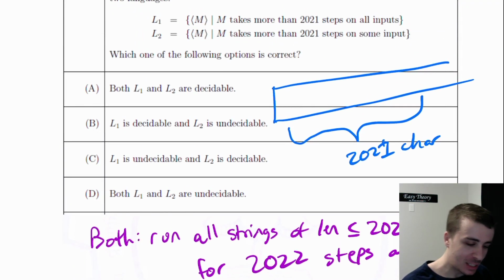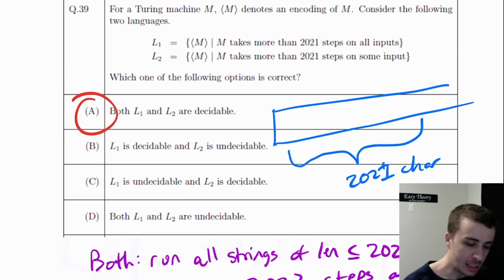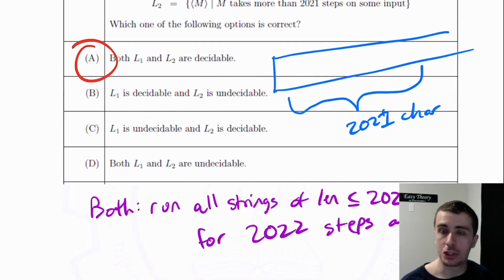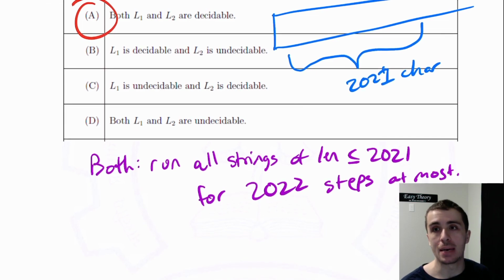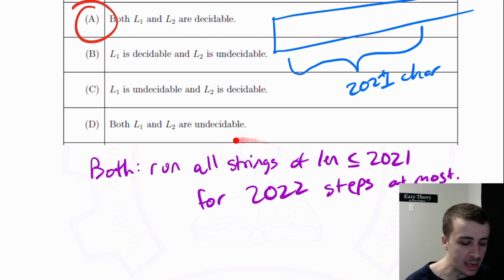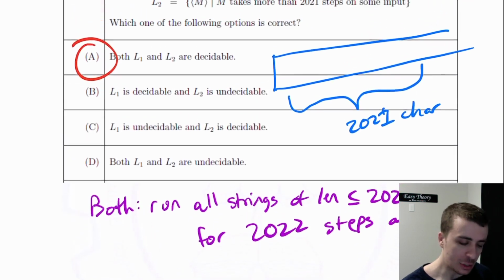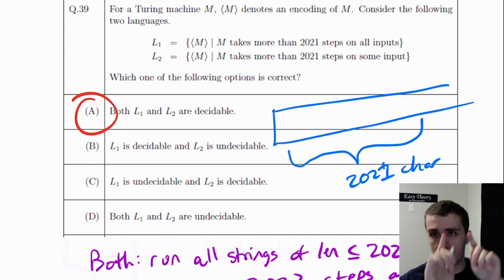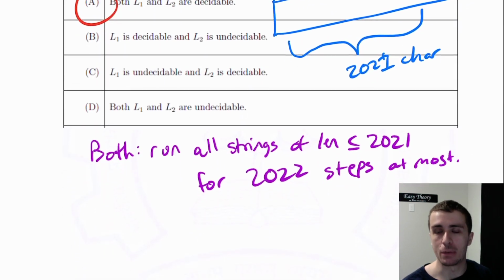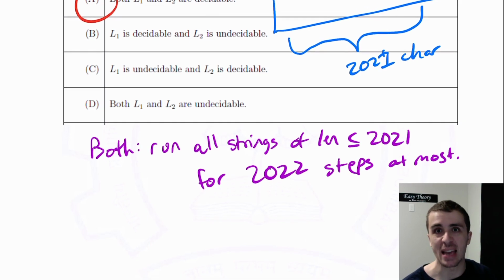So, in fact, both of these are decidable, purely because we can just do a brute force search by limiting the amount of time that we need to spend on each of the inputs. There's only a finite number of strings of length at most a certain number, and we're running each one of them for a certain number of iterations. So both of these are decidable for slightly different reasons, but based on the same concept that we can just brute force search all the finitely many strings that we ever need to consider.